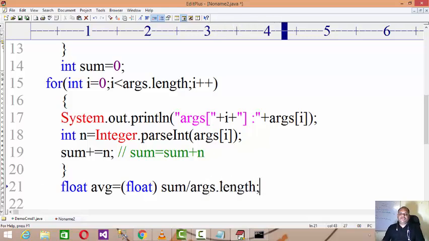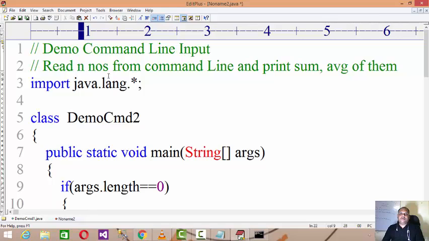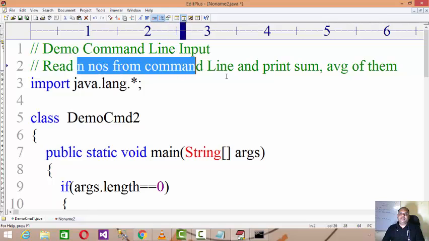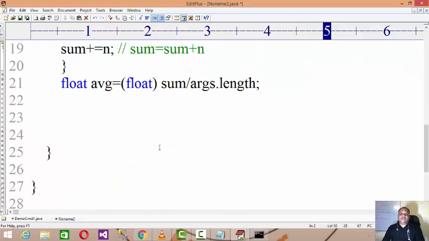Now args.length means how many total numbers there are. So it finds the average of those numbers, and I assign it to average over there. So my objective of the program is over. I can read n numbers from the command line and perform the sum and average of them, right?